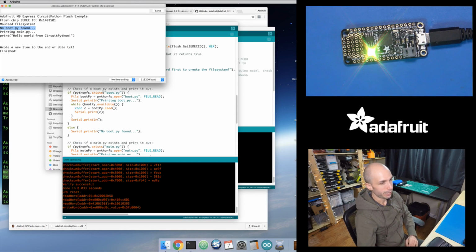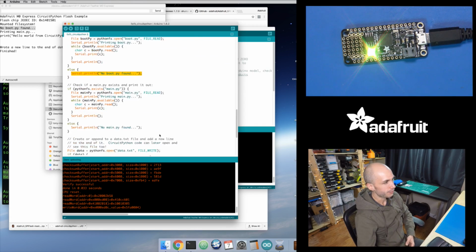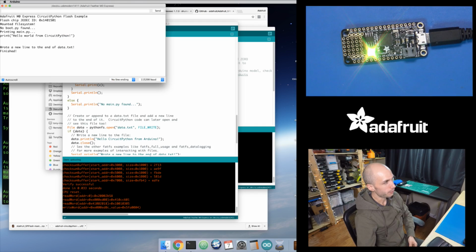No boot.py found, which is okay because there was no boot.py on this board, so that's what I expected. You can see this checked to see if that existed. It didn't find it, so it printed out no boot.py existed. But this is kind of cool. Now it said printing main.py, and you can see here's the contents of that main.py file, print hello world